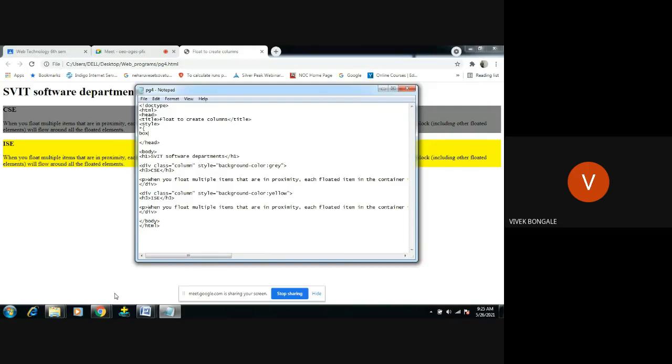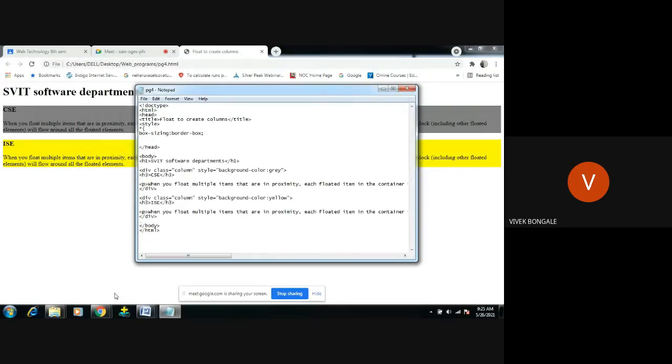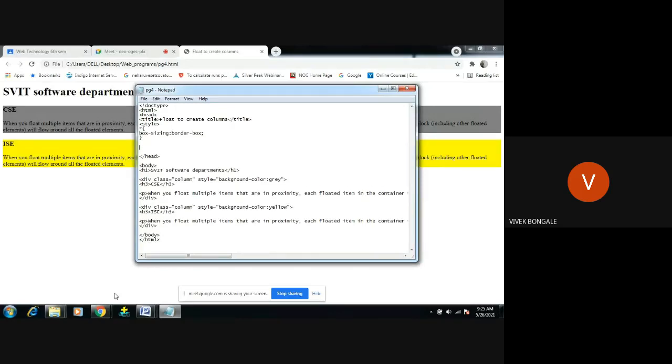So, I will give box-sizing: border-box. It will create the border for the browser. Okay, now